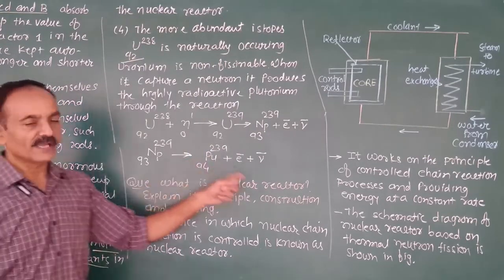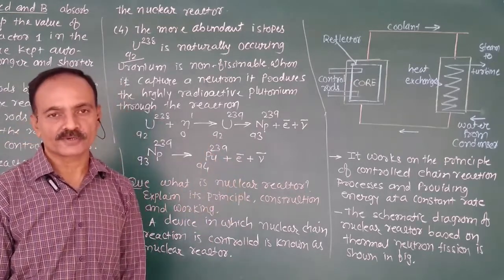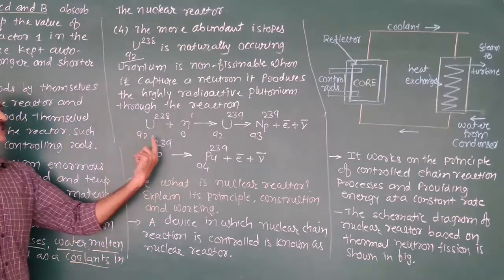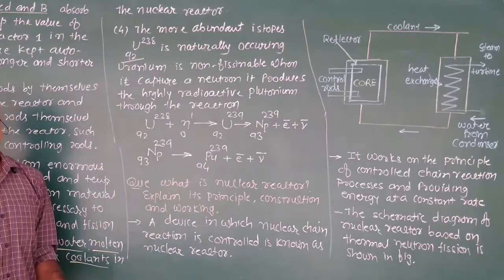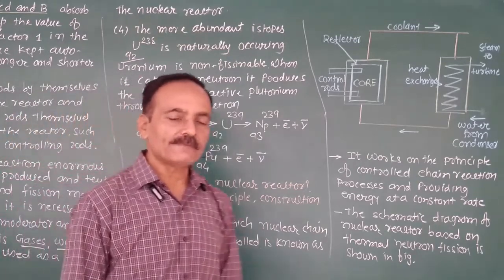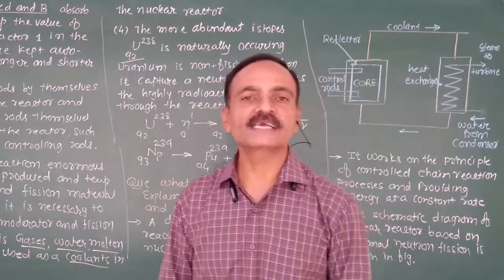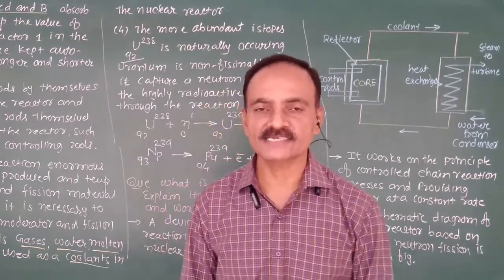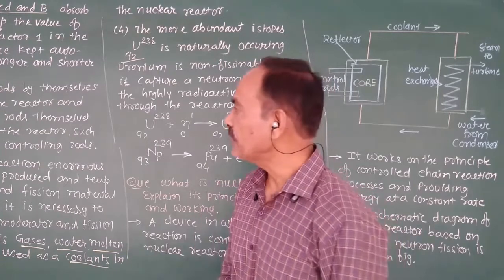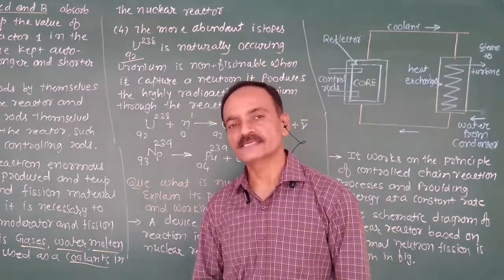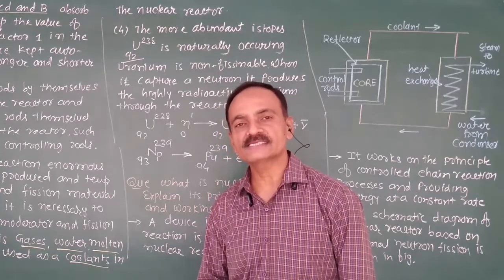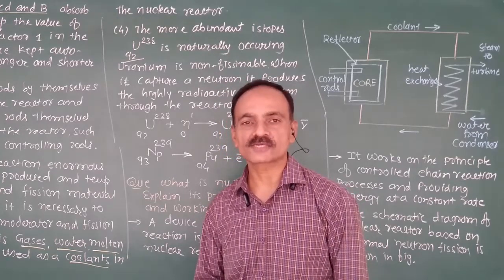So this plutonium is fissioned by the slow neutron. So this process also occurs in a nuclear reactor. Clear? So there are difficulties that arise in a successful nuclear chain reaction in a nuclear reactor, and also how we overcame these difficulties. This question is important for 2 marks. Any 2 difficulties we have to write down with their solutions.